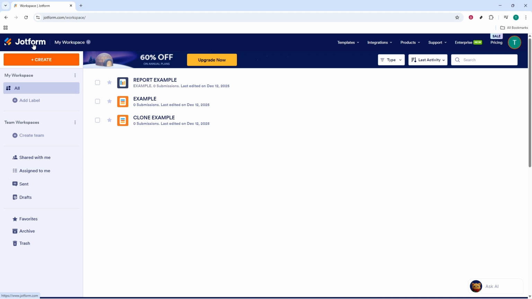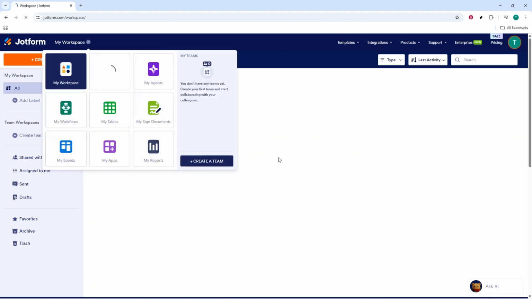Start by opening the form you want to connect. Log into Jotform and head to My Forms. Find the form you want to work with. If you have a long list, the search bar and folder filters can help you locate it quickly. Click Edit Form to open it in the Form Builder. Don't worry, opening a form in the Builder doesn't affect existing submissions, and you can safely review settings before making